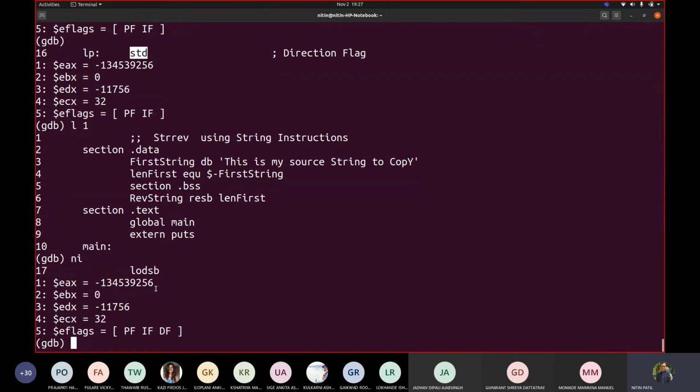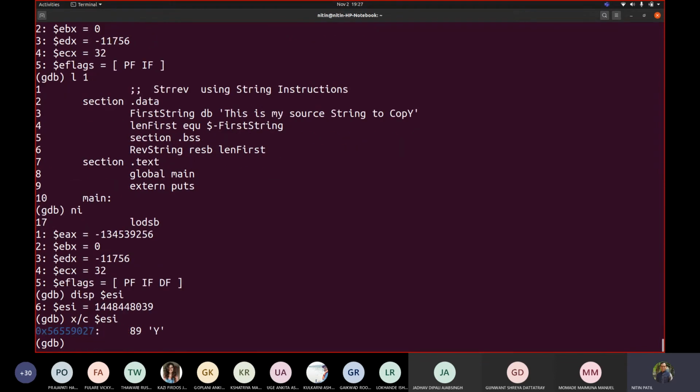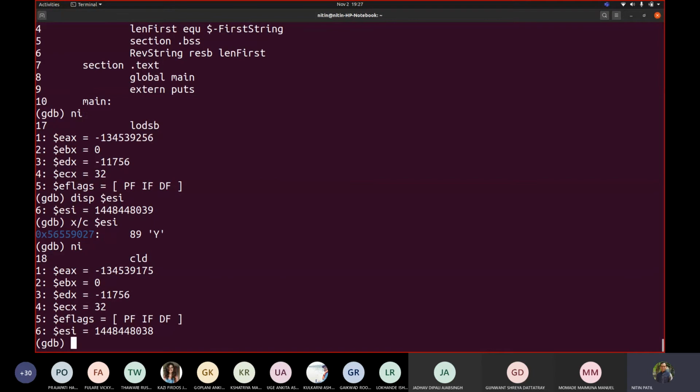Because this STD was there, the direction flag was set. Now see the value. What is it containing for ESI? Display $ESI. ESI is containing 33, 39. If I try to display the content of ESI now, it is a capital Y. Fine. So let me write NI. LODSB. Now see which register got changed here.